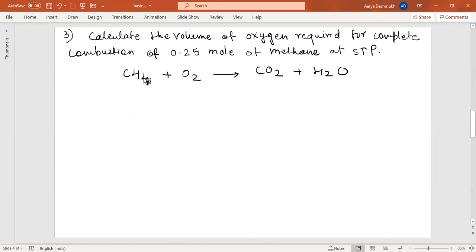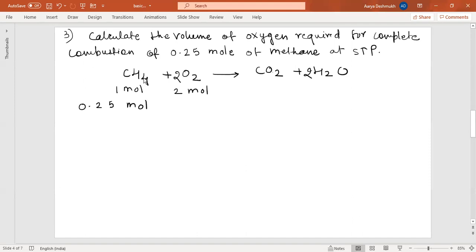There are 4 hydrogen, 2 oxygen, 2 plus 1, 3 oxygen. Here there are 2. So if I make this twice, I need to make this twice. So I hope the number of oxygen atoms are balanced and the reaction is a balanced one. So this is 1 mole. These are 2 moles. Okay. Now we need to find out